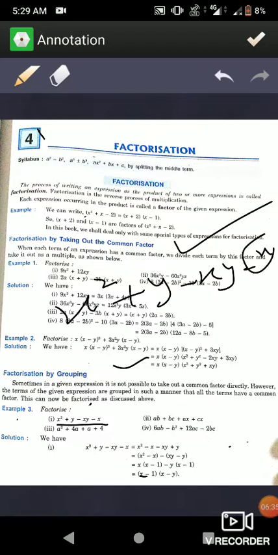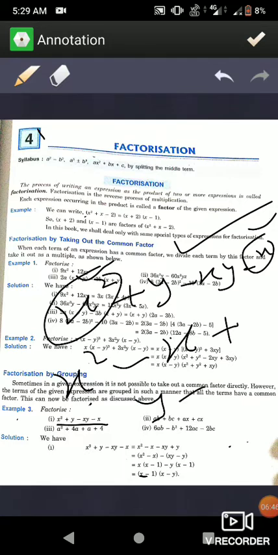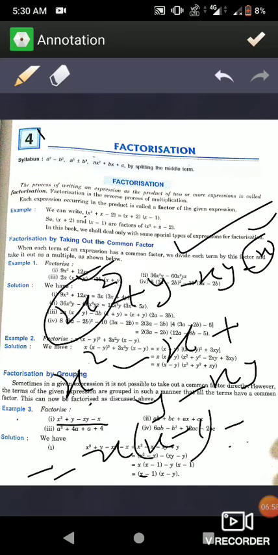In that you see that this one is similar to this one. This is x and it is also x. So bring them near. x square minus x plus y minus xy. Okay, now take the common x: x into x minus 1, and here take y common. So what you get is 1 minus x. See, in the first bracket it is x minus 1, in the second bracket you get 1 minus x. So you have to change the sign because x is positive and the 1 is negative.